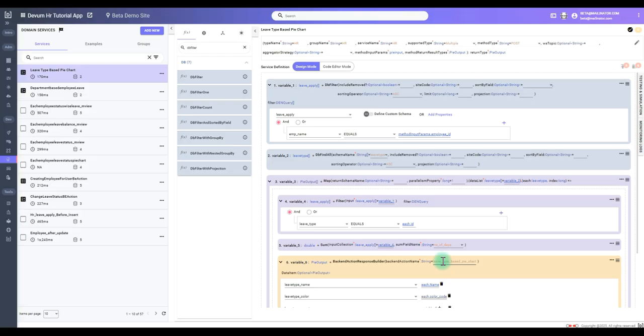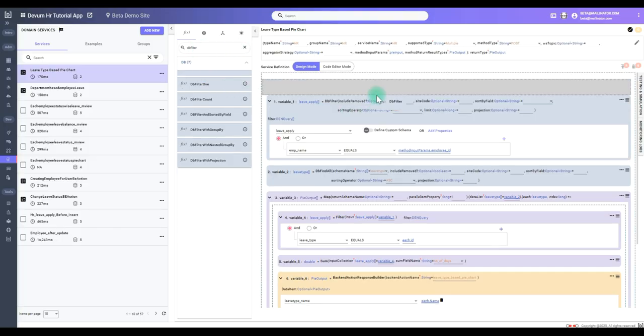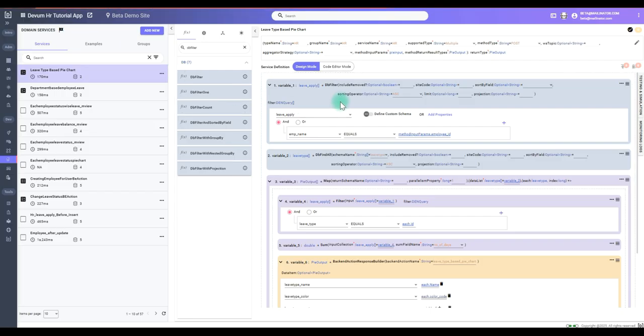To reiterate our primary goal, we need the domain service to specifically prepare data for a pie chart that visualizes an employee's total leaves broken down by leave type, such as annual, sick, or casual leaves. The first step is to get that particular employee's leave details. We start with a DB filter function. In this filter, we are querying the leave apply schema. With DB filter, we are filtering the particular employee's leave details. We set the filter condition to where the employee field is equal to